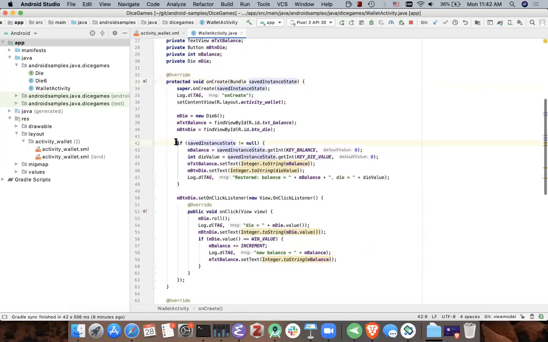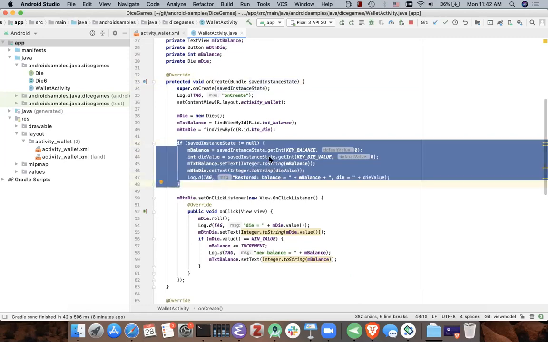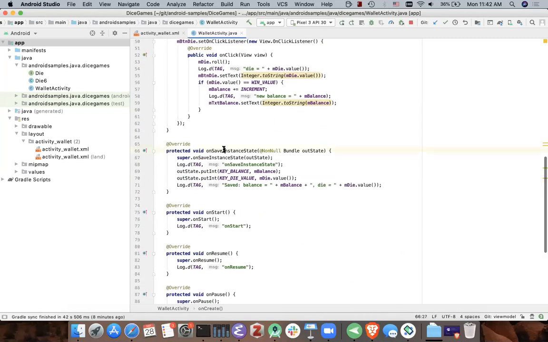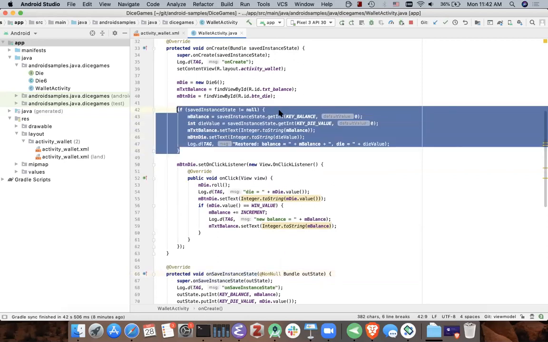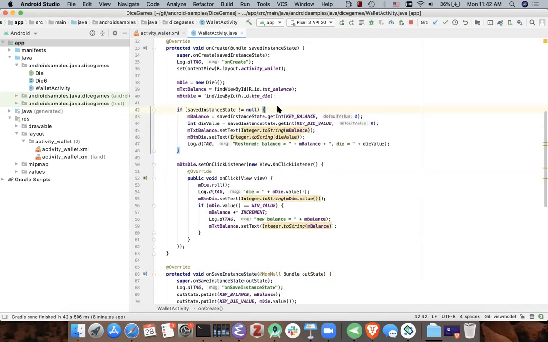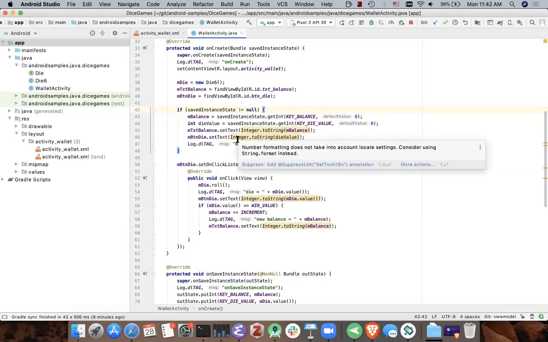So for example, you have the if savedInstanceState is not null check here, and you also have the overridden onSaveInstanceState method, which saves the balance, and then in onCreate we restore the balance, as we have seen before. All right, so the first thing you need to do is add a dependency for using ViewModel